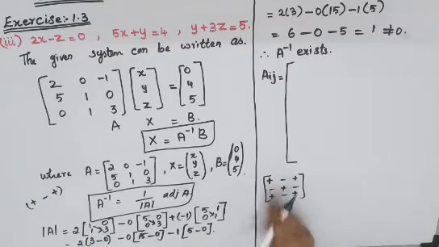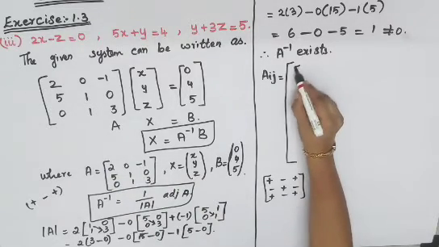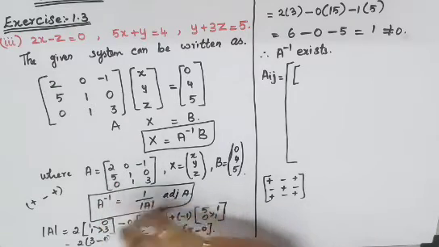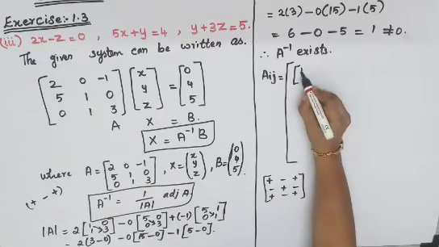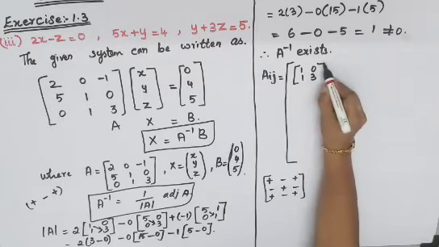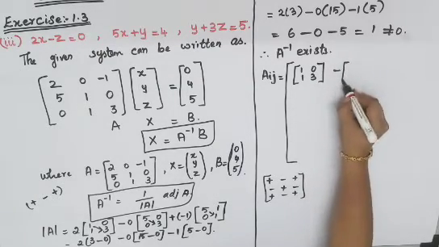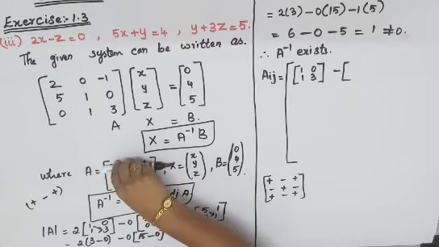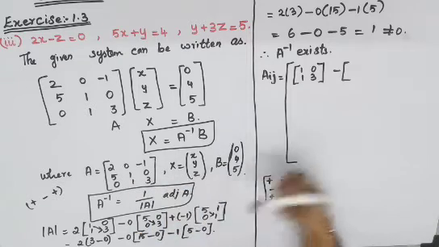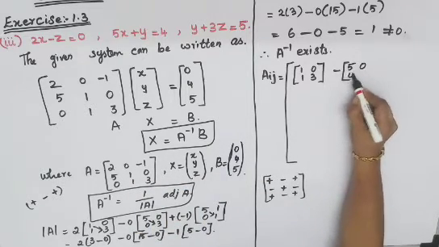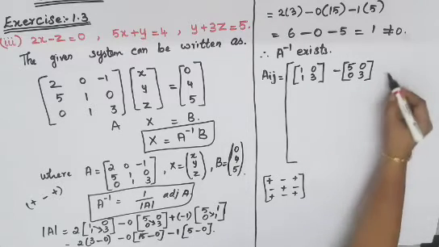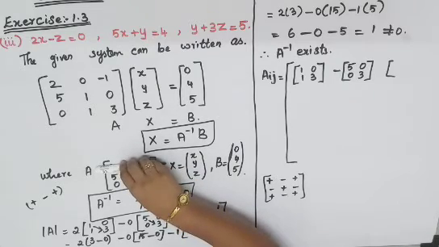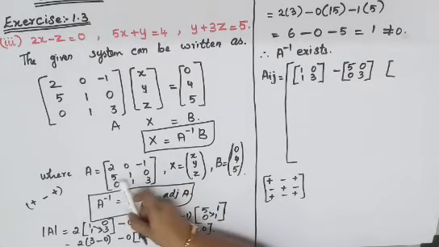This format we will use here to find the cofactor, to insert the symbols over there. So first is plus. So 2 is there. Just open your bracket. The minor of 2 has to be found out. Removing the row and the column, you will get 1, 0, 1, 3. Then put minus, open your bracket. The minor of 0 has to be found out. Removing the column and the row, you will get 5, 0, 0, 3. Then plus is there, so just open your bracket. The minor of minus 1 has to be found out. Removing the respective row and the column, you will get 5, 1, 0, 1.